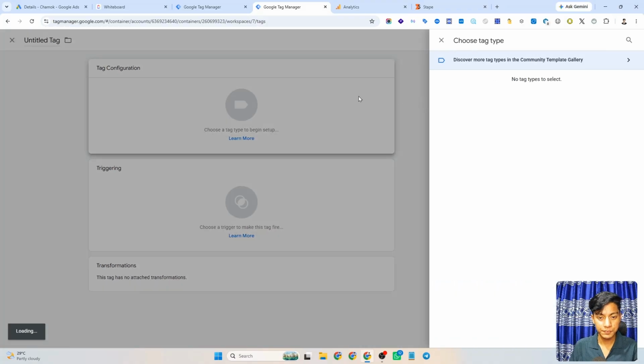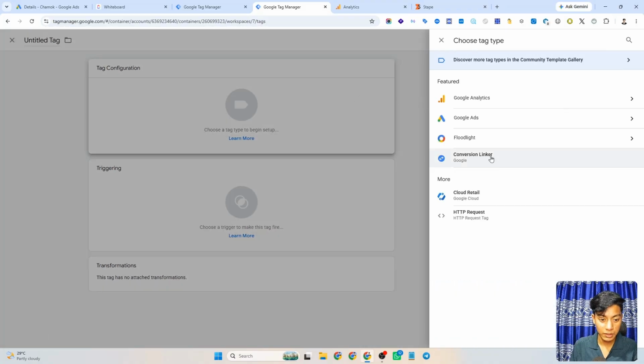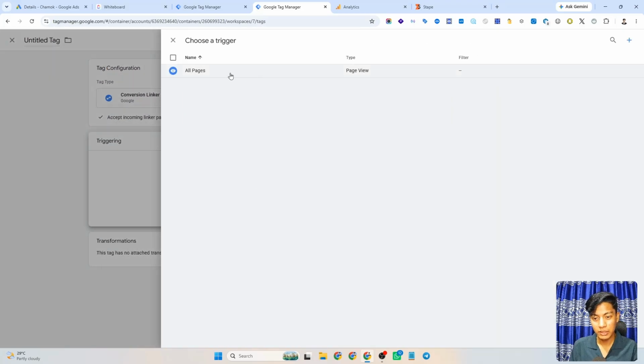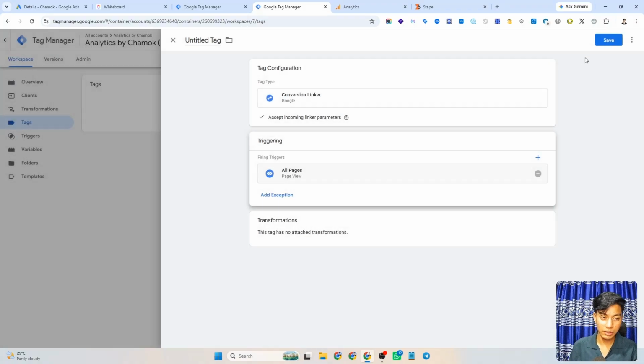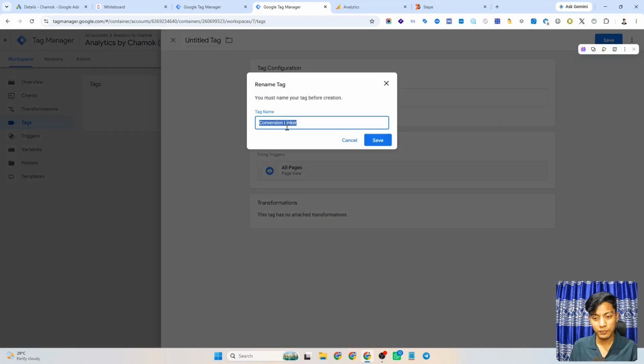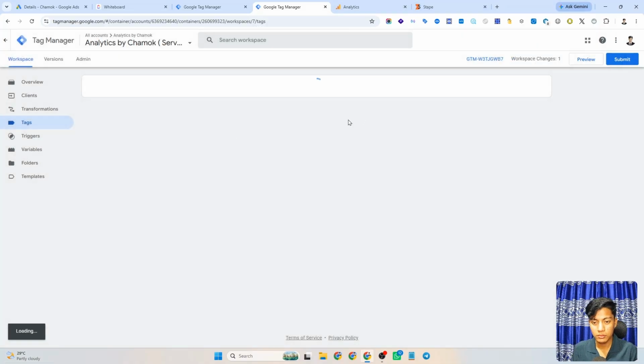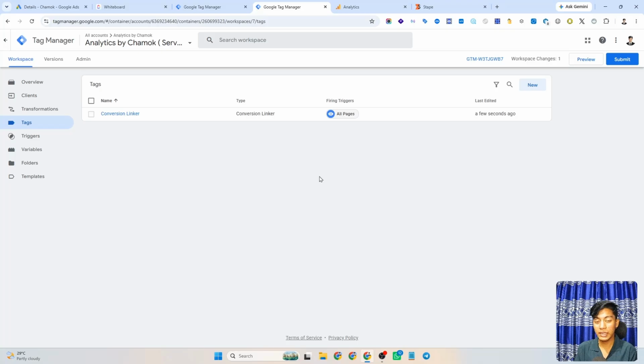then click tag configuration. After that click conversion linker. Okay, so here you need to check mark this setting, then you need to add the trigger. Okay, that's why I'm clicking trigger, then you should choose all pages. Okay, then you need to click the save button. The name is automatically pasted here, and you need to click save. Okay, our conversion linker tag is successfully created,